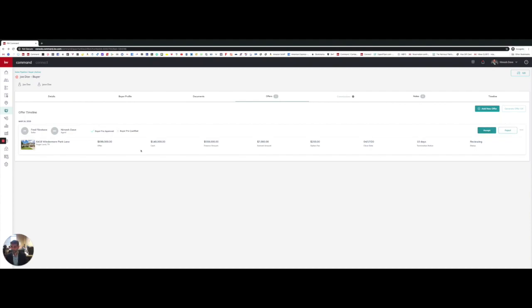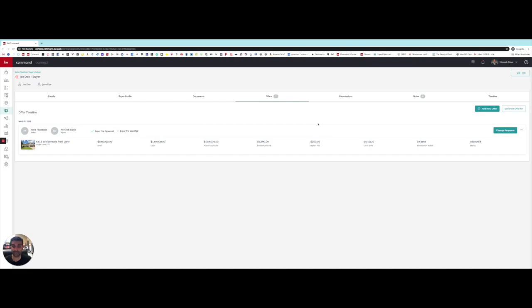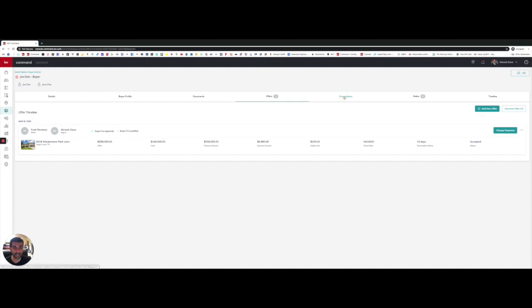So now once we have our offer in place and your contract is executed, you can come in here and click accept offer. Something went wrong here. Sorry about that. And we're all situated. As you can see, we clicked the accept button, and once we accepted this offer, the commissions tab over here came alive. So now once we click on the commissions tab,